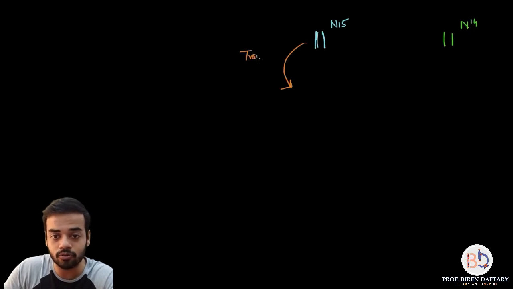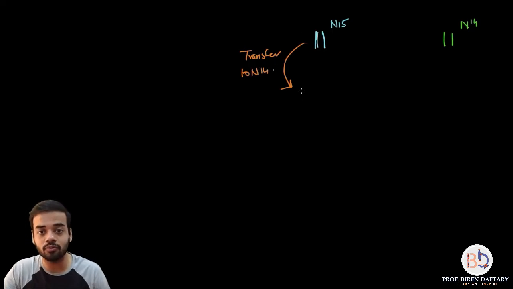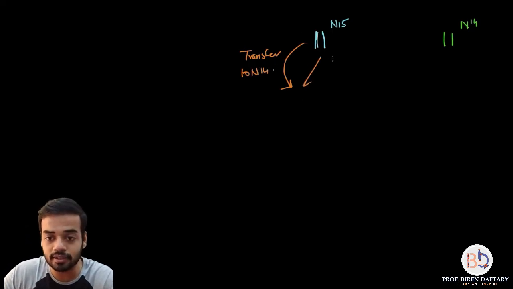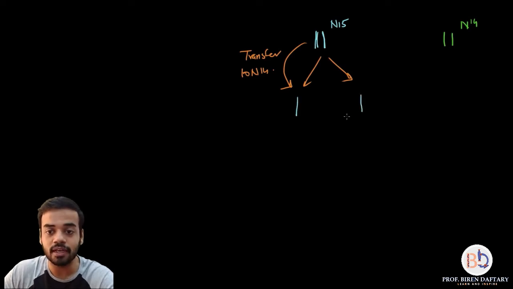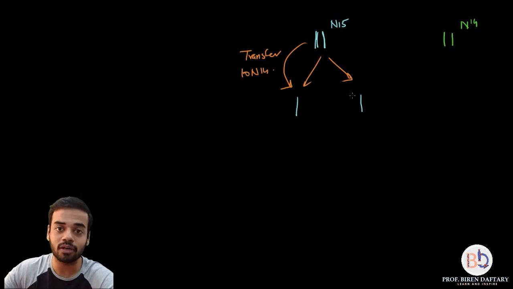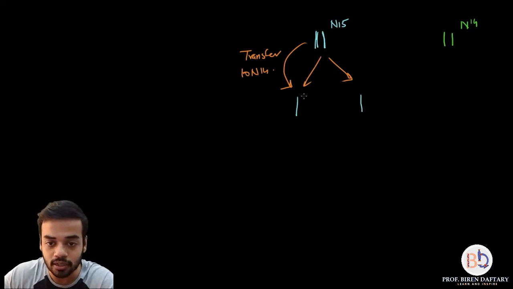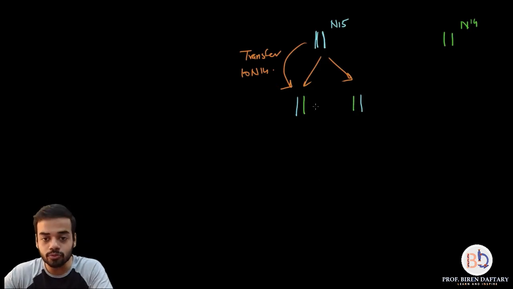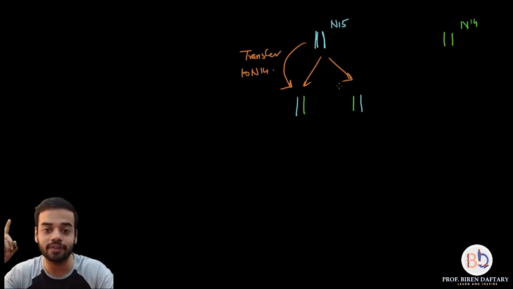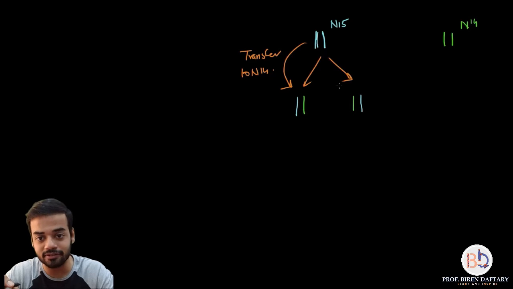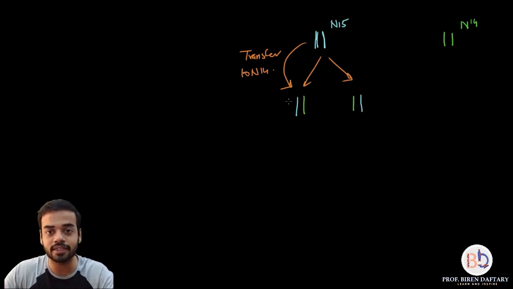So I'm going to write down over here, transfer to N14 medium, and because they have been transferred to N14 medium, when this DNA will replicate in the N14 medium, what is going to happen is, one of the parent strands is going to be conserved, and the new strand which is going to form is going to have N14 medium. So I'm going to use a green color. So this is what they will appear like. The new strands which are constructed after replication will have N14, the original ones will have N15. So this is showing semi-conservative replication, 50% of the parent is conserved.